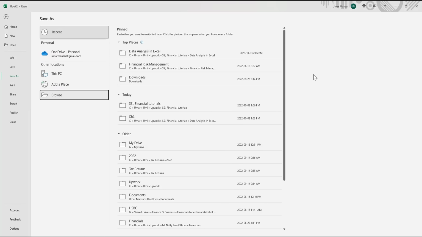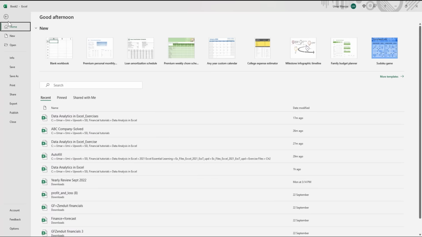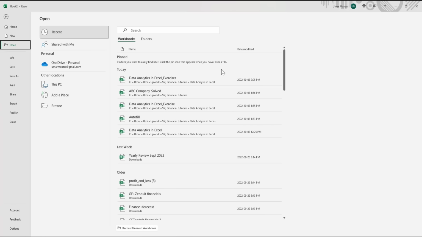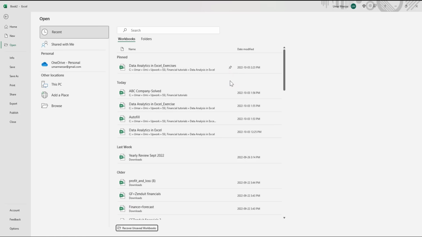At any point, I may open a file by going back to the File menu, Open. By selecting a push pin icon, I can move an item that I use regularly to the top of this list. As a result, I can now find any file I need by going to the Pinned tab